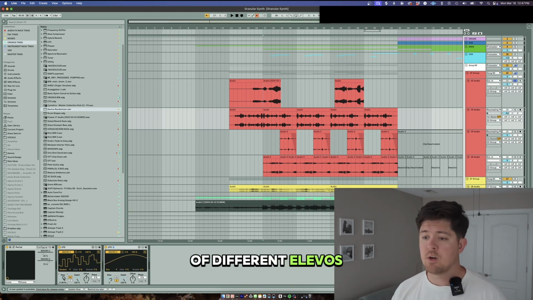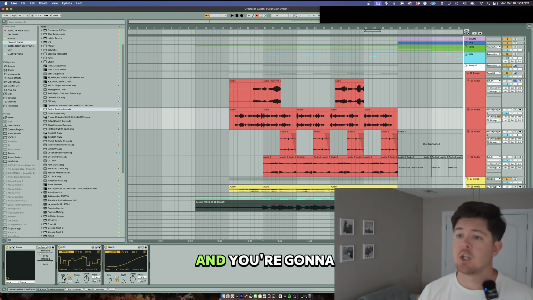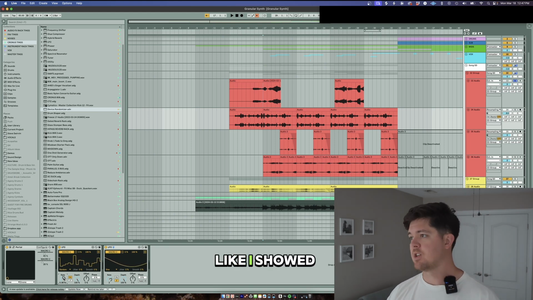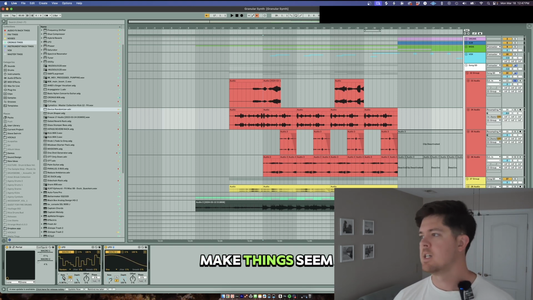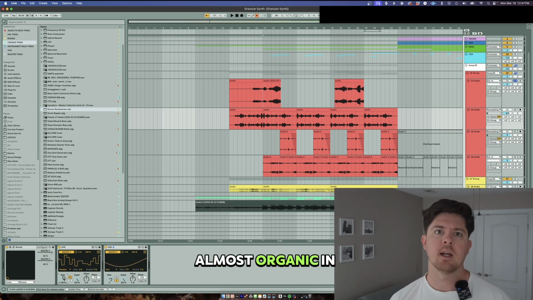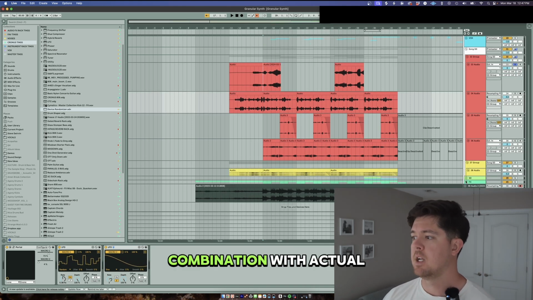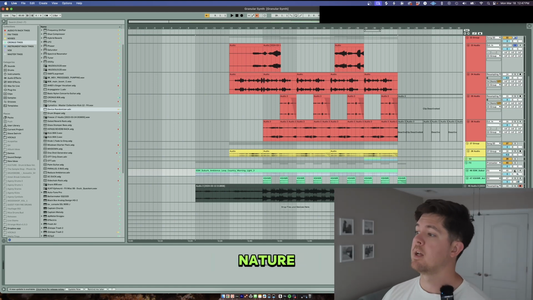Take a bunch of different LFOs, put them all to random, and then stretch the sound as much as you can, and you're going to create all these different tones and textures. And like I showed you, really cool underneath. It's a really cool way to make things seem almost organic in your music, right? That in combination with actual, you know, organic sounds like some nature,